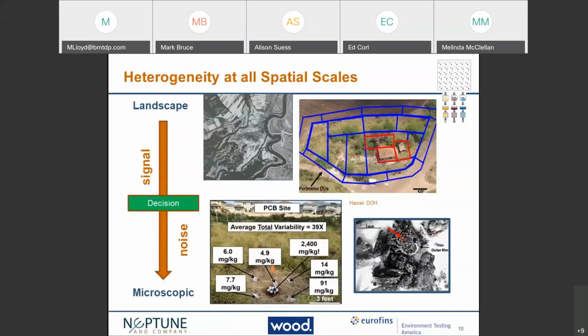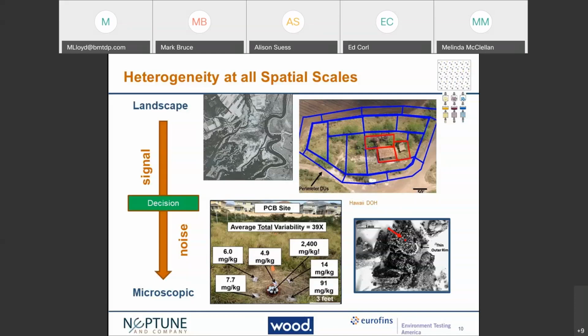So we've got heterogeneity at all spatial scales. In the upper left-hand corner, we've got heterogeneity at the landscape scale, which is usually what we do want to characterize, although we don't want an average concentration for a many square mile landscape. On the other hand, in the lower right-hand corner, we have heterogeneity at the microscopic scale. We really don't want the concentration of the contaminant of interest for every individual particle within that site. So somewhere between the landscape scale and the microscopic scale, we've got a dividing line, and we call that the